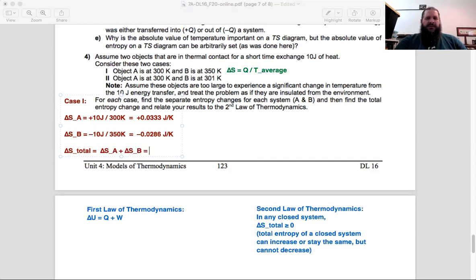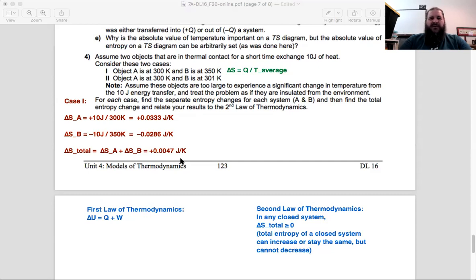So 0.0333 minus 0.0286. And I'm getting about positive 0.0047. So it looks like entropy is increasing overall. B is losing entropy, but A is gaining even more entropy. So the total entropy of the system, and therefore the total entropy of the universe, is increasing as a result